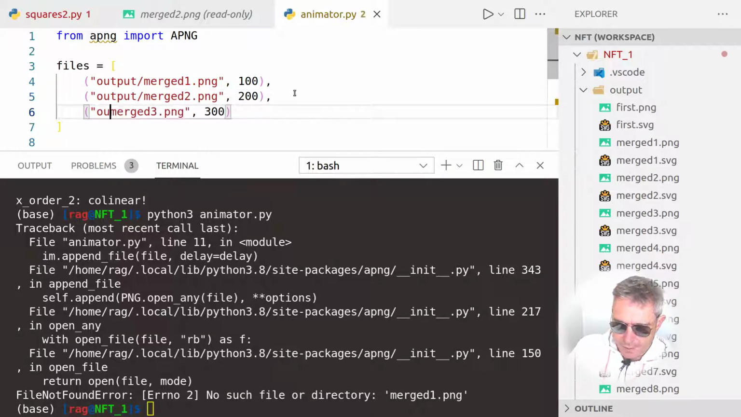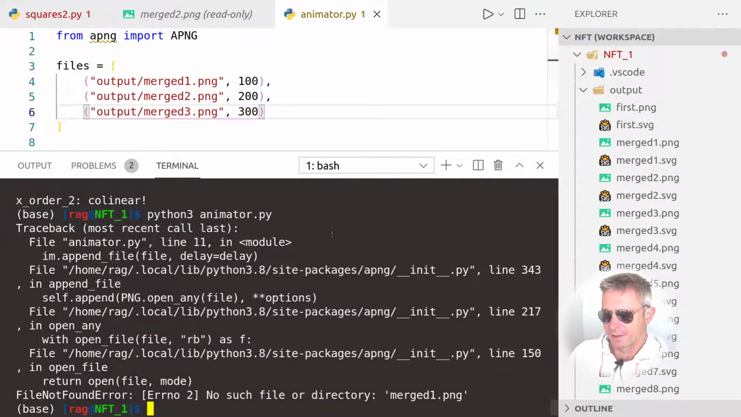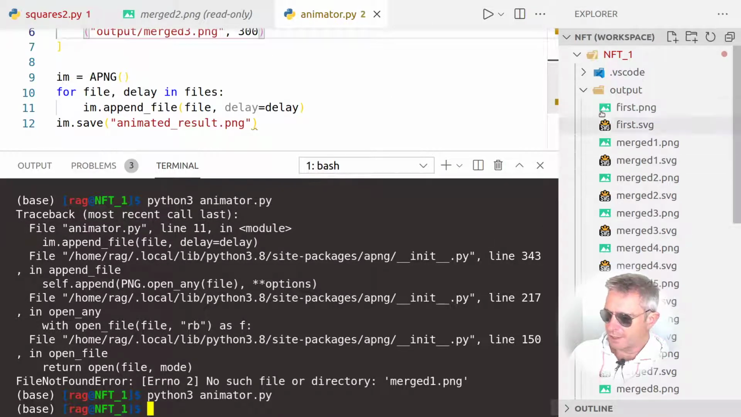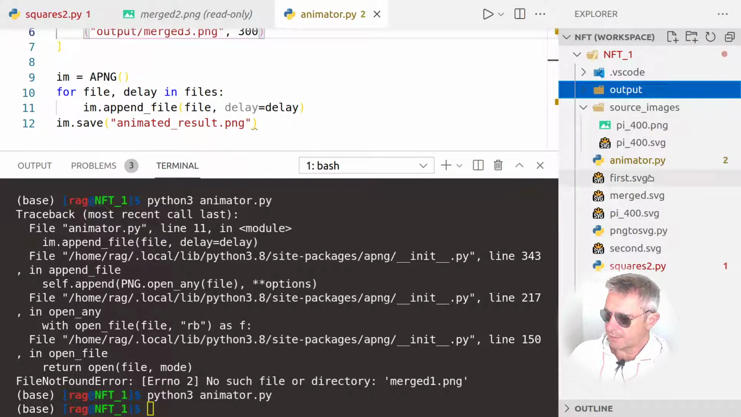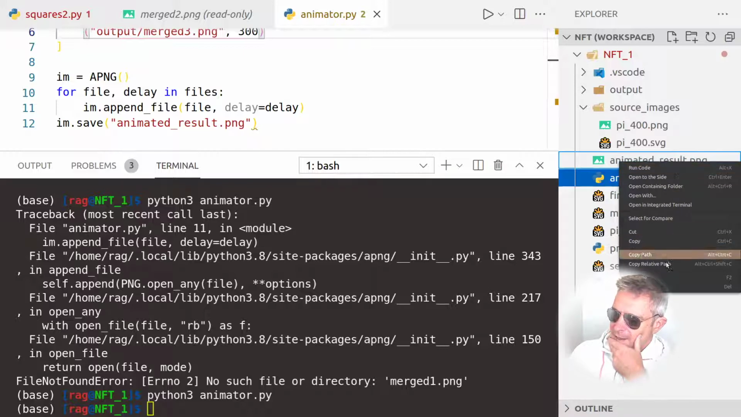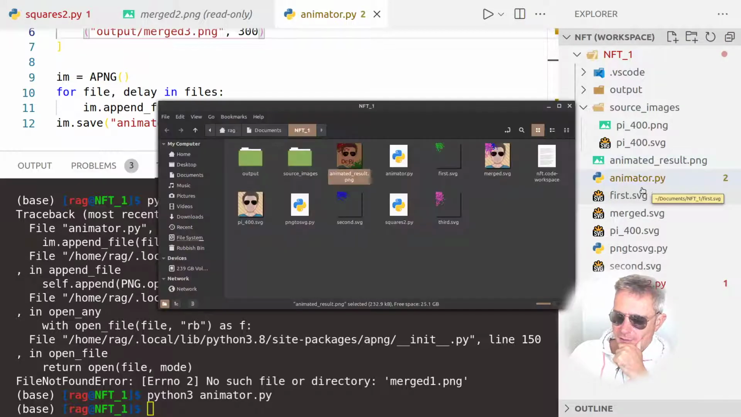So in a second, we are about to make an animated PNG file. So let's try again. And that appears to work. And we want to look for a file called animated result. There we go. And if we open containing folder,